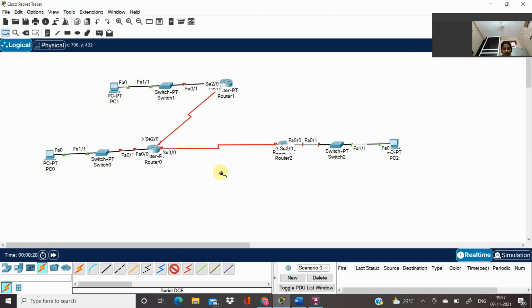And again I am taking this from router 2 to this router 1.